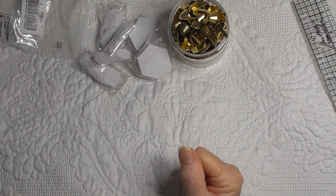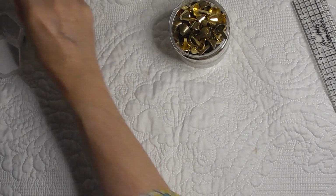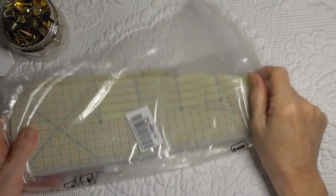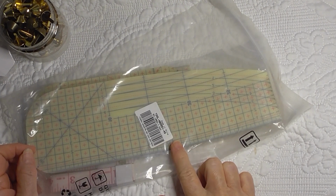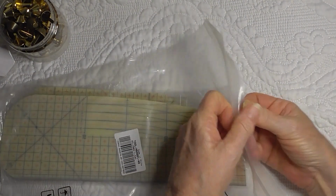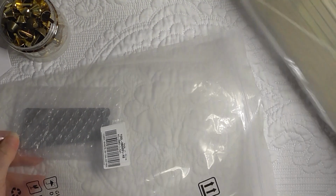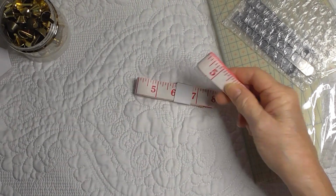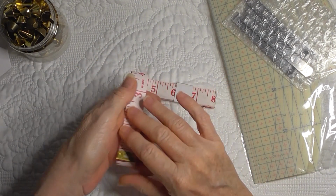The third thing I got was, let me just move those to the side over there and give myself some room. The next thing that I got, and it's from N Beads, and it's a 10-piece ironing tool ruler set, and it includes 2